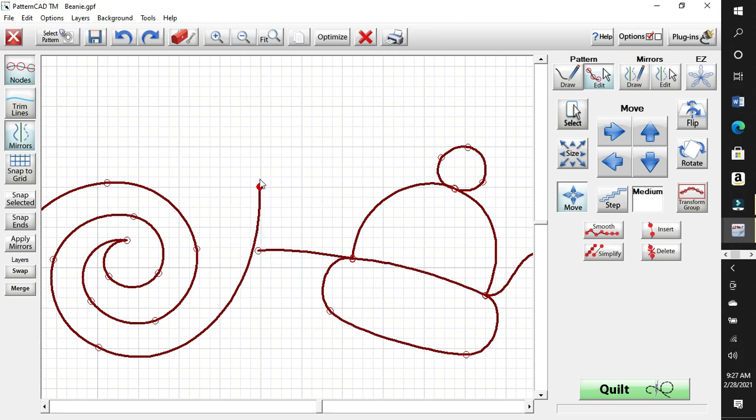Oops, I only want to do one. We're going to bring this end to here. Still doesn't look quite the way I'd like it to look, right? It's a little messy. Maybe this needs to be more curved down. Maybe I just need to give that up. So I'm going to